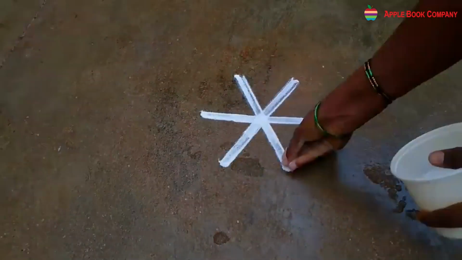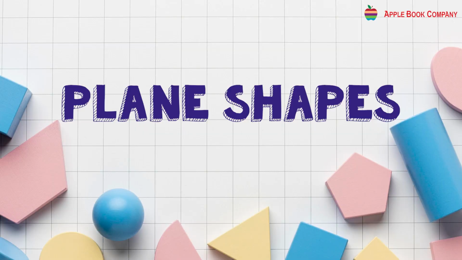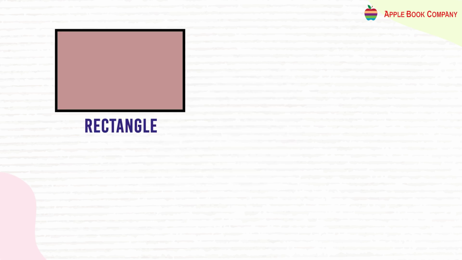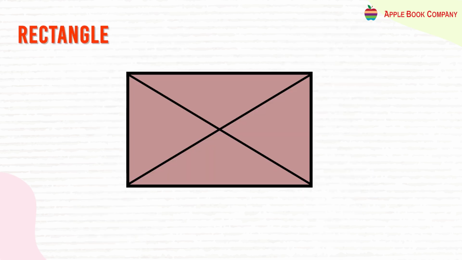Dot grid. Dots placed at equal distance on a plane surface form a dot grid. Many different shapes can be made on it by joining the dots. Have you ever seen women drawing rangoli by joining dots in front of their house? Plane shapes. Here are some common shapes that you are familiar with: rectangle, square, triangle, circle. It is possible for you to show these figures on a plain board. As you can draw them on a sheet of paper or a plane surface, they are called plane shapes or plane figures.